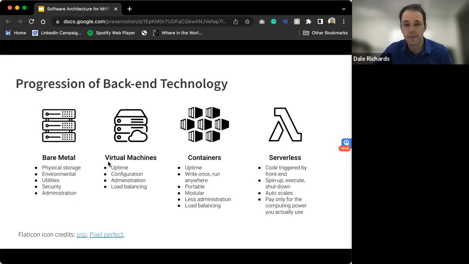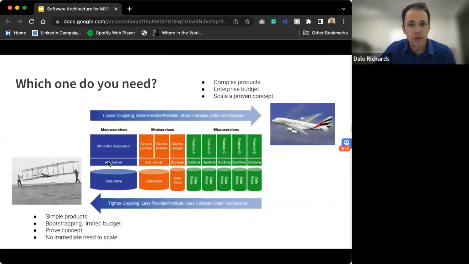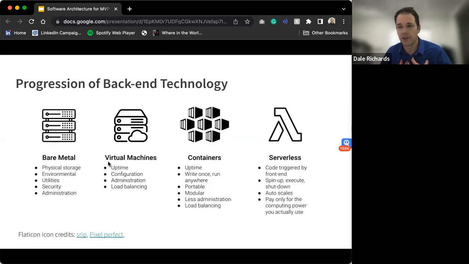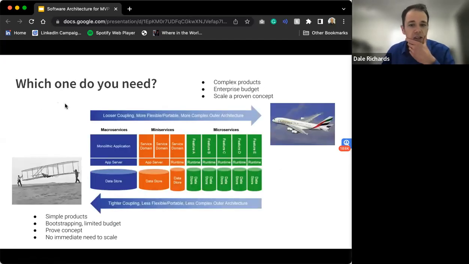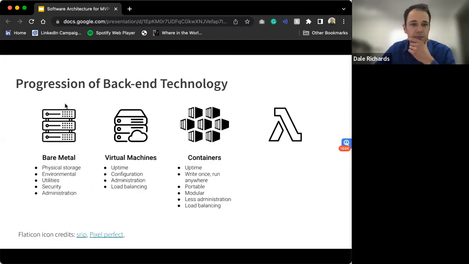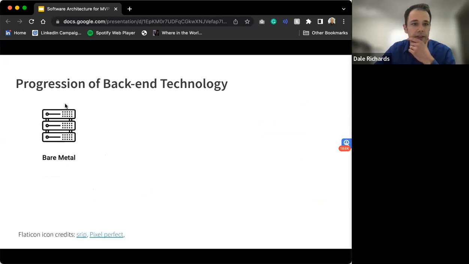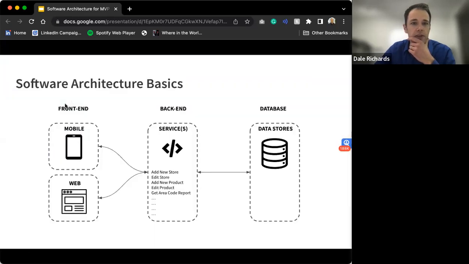Okay, all right. So now the question is, what do I do if I'm trying to launch an MVP? Let's go back a little bit. Oh gosh, I gotta go all the way back here. Okay. With this backend,